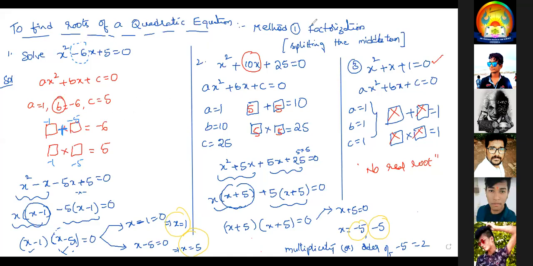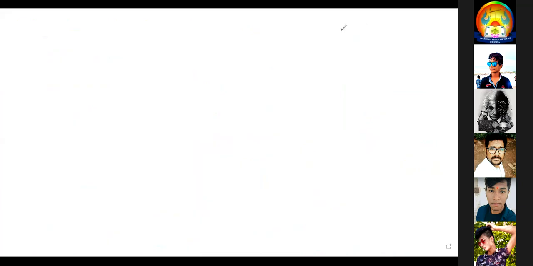Now have a look. Now your questions are. Try to solve your questions now. Question number one: I will solve it at any cost, but I'm requesting you to solve root 2 x square plus 7x plus 5 root 2 equal to 0. That's question number one. First you try to solve, afterwards I'll solve.